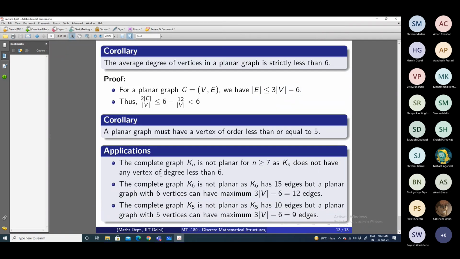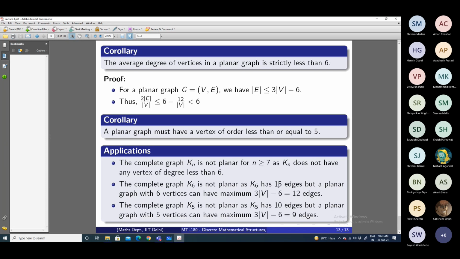Okay, anyway. So the complete graph Kn is not planar. Why? Because Kn does not have any vertex of degree less than 6. So therefore, it is not planar. Now the complete graph K6 is not planar. Why? Because K6 has